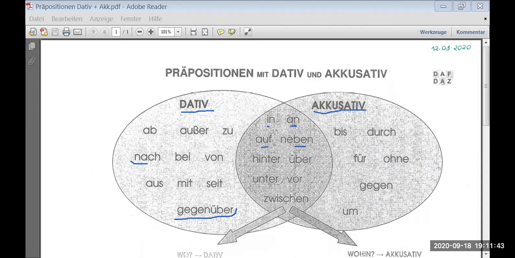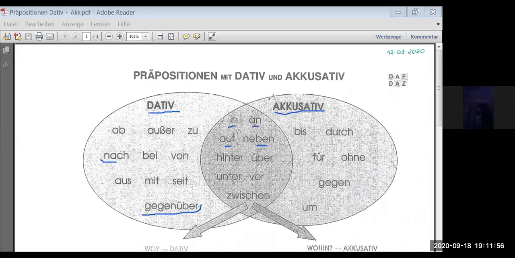For example, if you're saying, I live in Switzerland. Switzerland is a country that has an article. We always say in die Schweiz. We don't say ich fahr nach Schweiz. We say ich fahr in die Schweiz. But if you want to say you are in